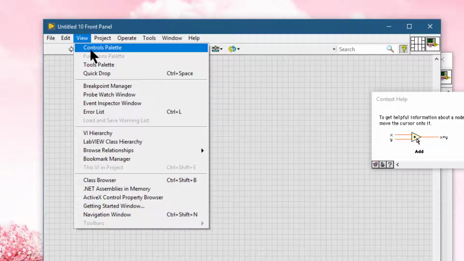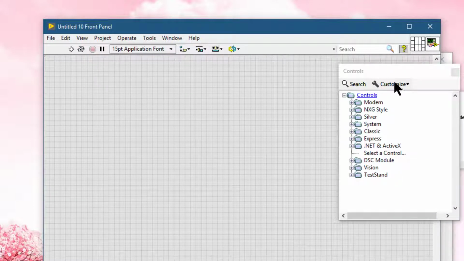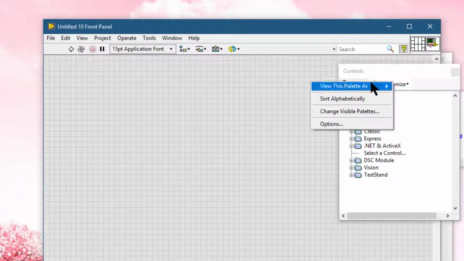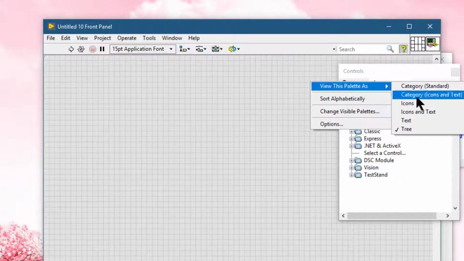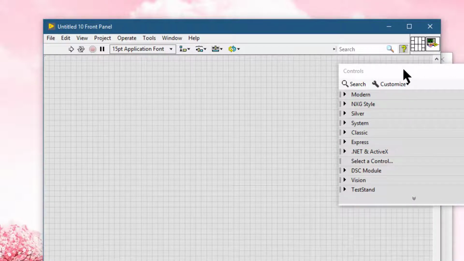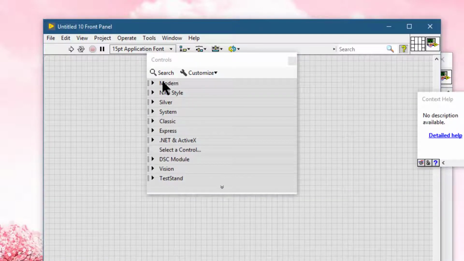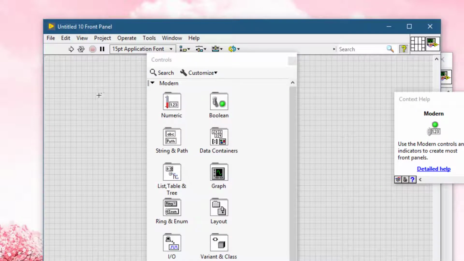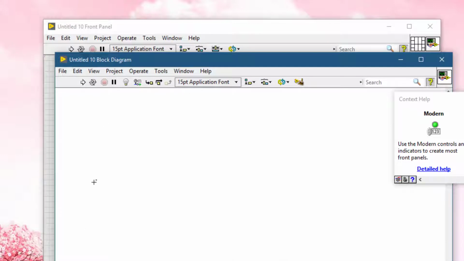Let's call it from here and then customize, and then view this palette as, for example, category, icons and text. Then that is how it appears, but only for that particular front panel. And if we go to the block diagram,